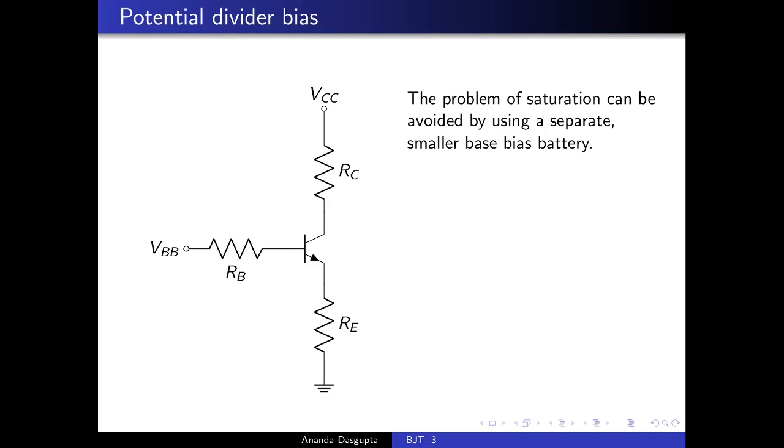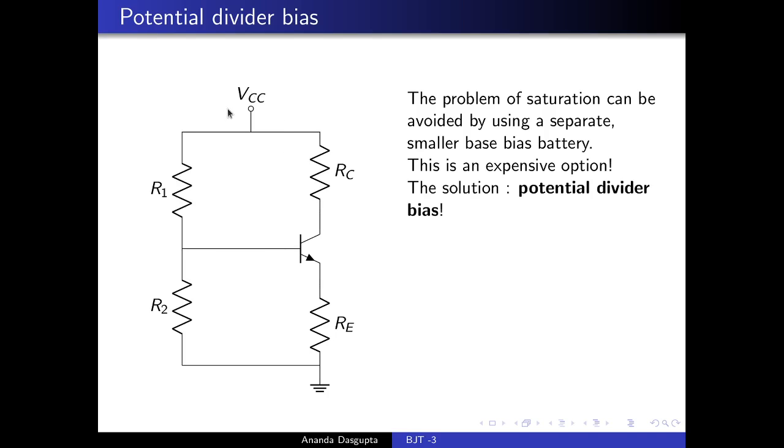But just remember, using a separate base bias battery, what does it mean? It means that in addition to this transistor, 3 resistors and a single battery, you have to use one more battery. As I have said, the battery is the single most expensive part of the circuit. Using 2 batteries will effectively double the price of the circuit. Not a great option. But there is one thing which allows us to actually trick the circuit into believing that there are 2 batteries when there is only one,